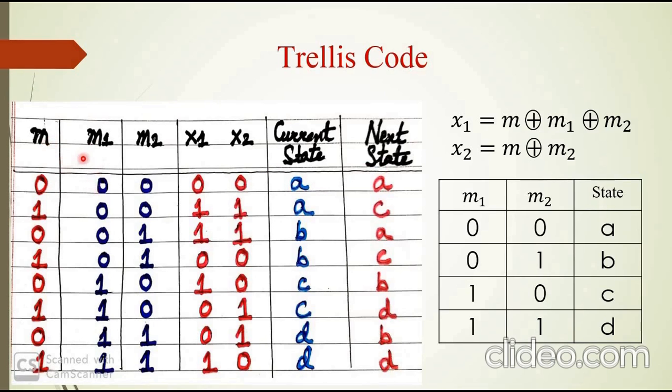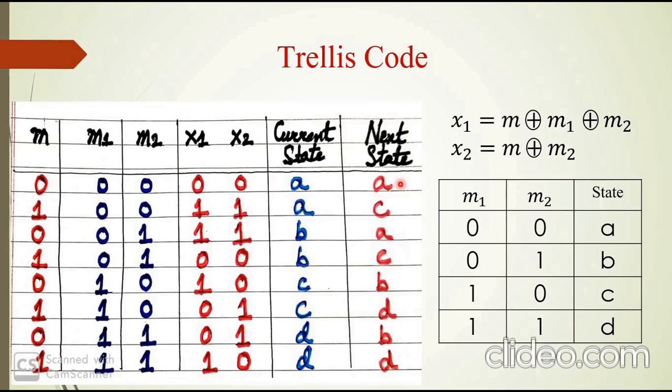The reason is that when you insert the next bit, the bits get shifted in this direction. So the next state will be 0, 0, which means the next state will be A.